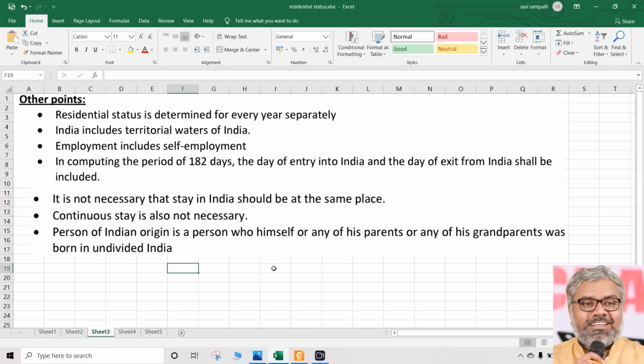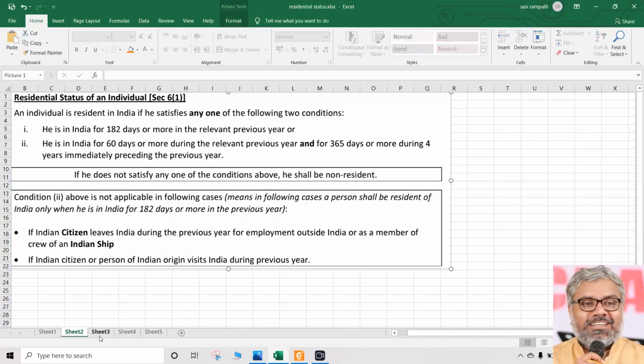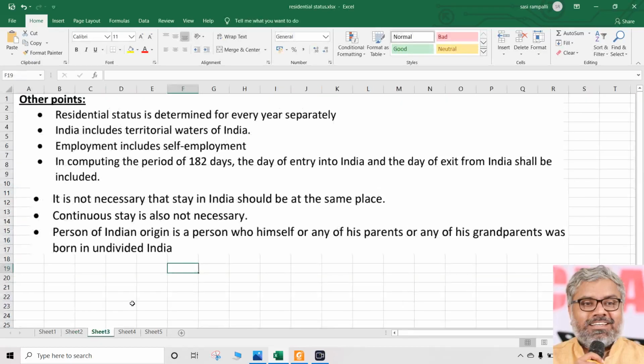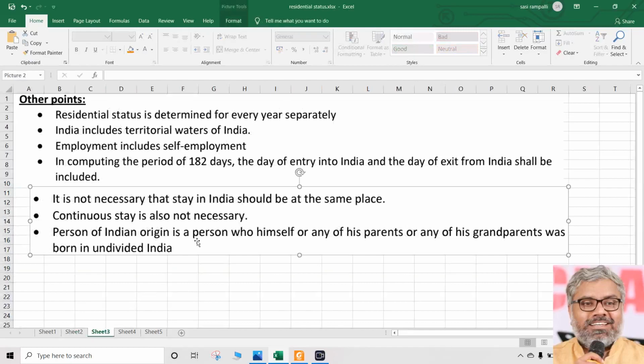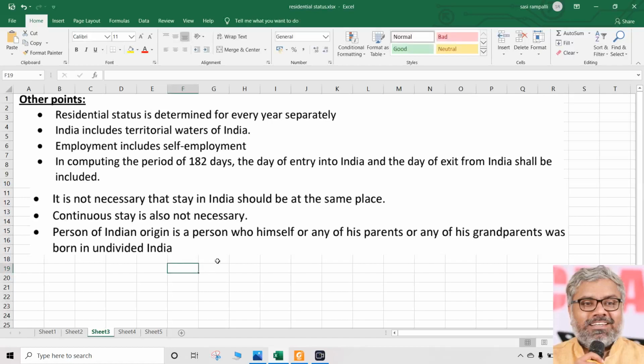They can just like that land in some airport and enter into India because they are persons of Indian origin. Nobody is going to keep any red carpet for them. They are also like any other persons who are not citizens of India. See, if they are citizens of India, we don't need to look at PIO, no? If somebody is a citizen of India, somebody has an Indian passport, we don't even look at this particular PIO situation at all. But somebody is not an Indian, not having an Indian passport, but he is a PIO, that is a person of Indian origin.